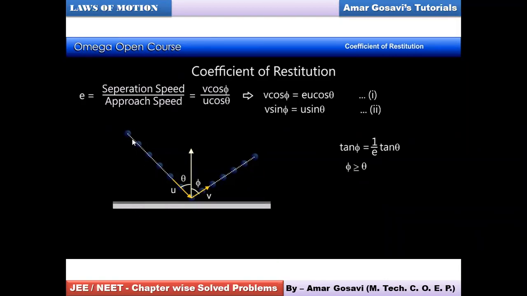See here, the ball is hitting the floor in an inclined manner, not a vertical manner. And what's the angle of inclination with respect to vertical? So theta. And initially it was moving with speed u. So which component of u is vertical then? Obviously, adjacent to theta will be u cos theta. Therefore, here I have used it as u cos theta in the denominator.